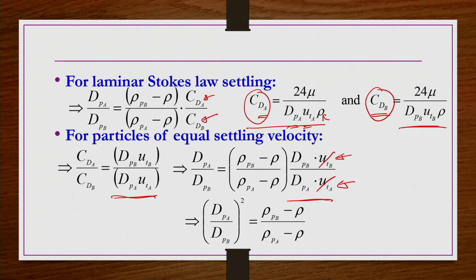There are some particles of A of size, let us say dPA, whose terminal velocity is the same as particle type B whose size is, let us say, dPB. Okay. So, let us not get confused: dPA are the particles having UTA with some size, we do not know what it is. dPB also has some different terminal velocity.